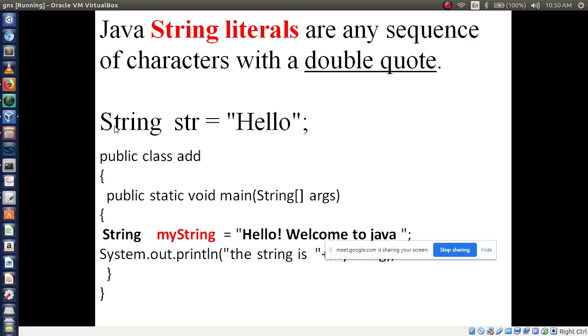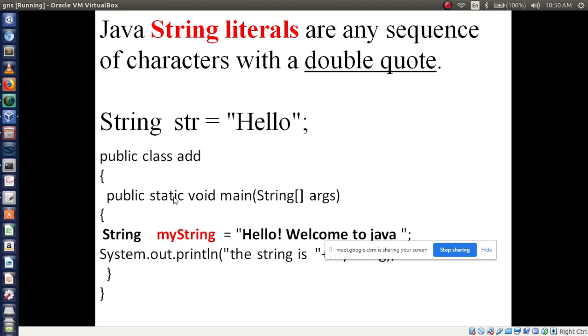If you want to assign any strings, any words, you can use the word string with S capital, followed by the variable name, then within double quotes you have to assign. In the previous class we have seen character. So character we have assigned within single quotes, but in string we have to assign double quotes. This is the difference between string and character.